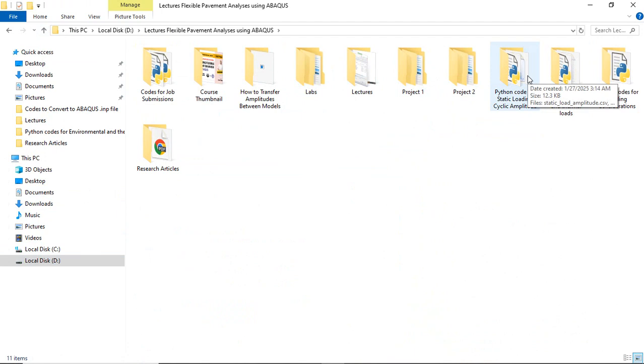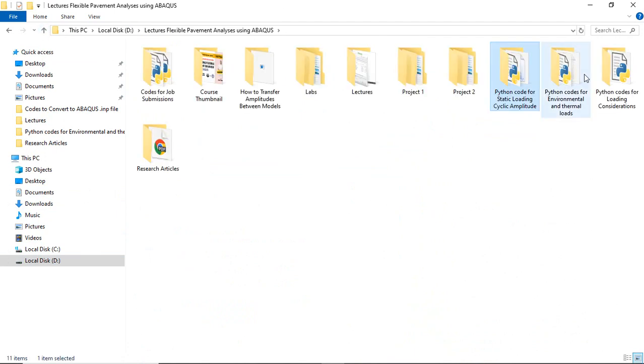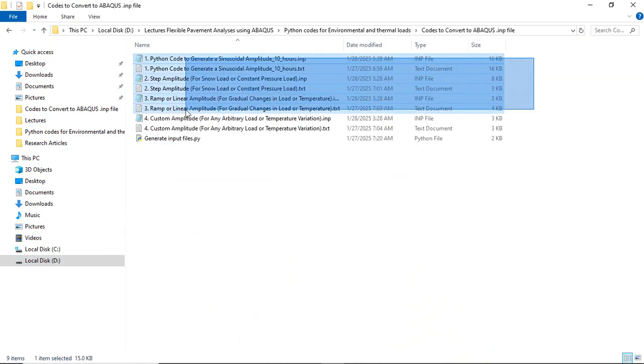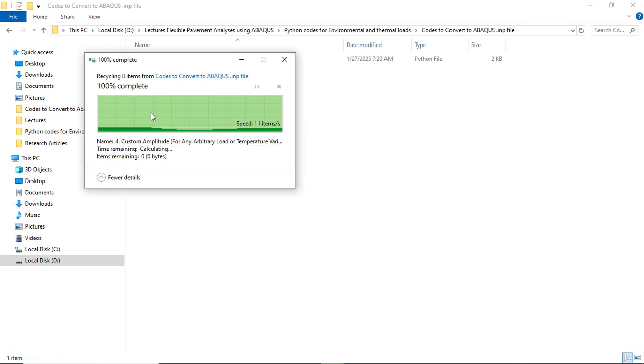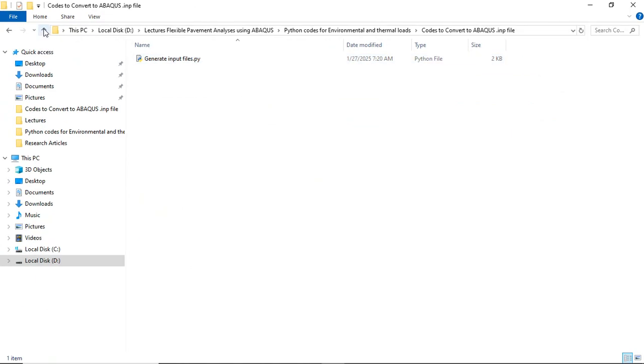It is present here. So let me just delete these. Right, this is the main code which will create input file for us and bypass Microsoft Excel operation, and then we